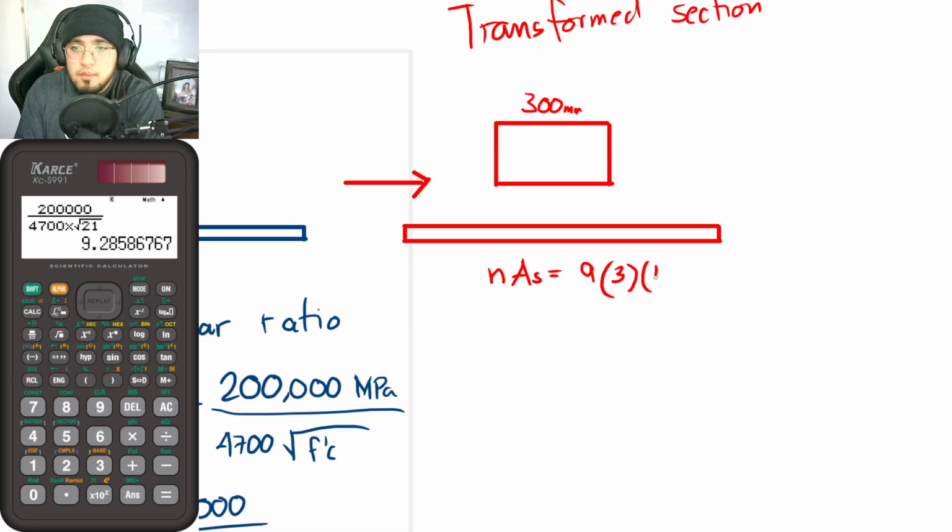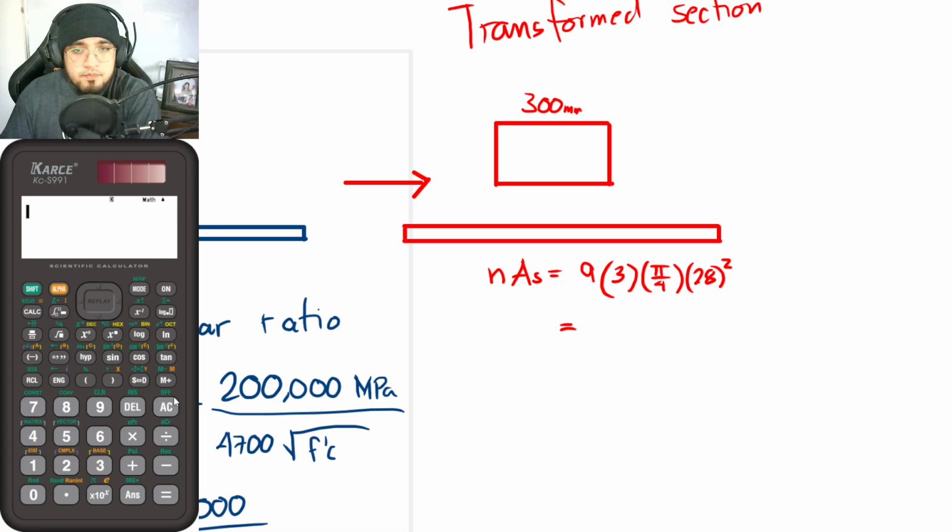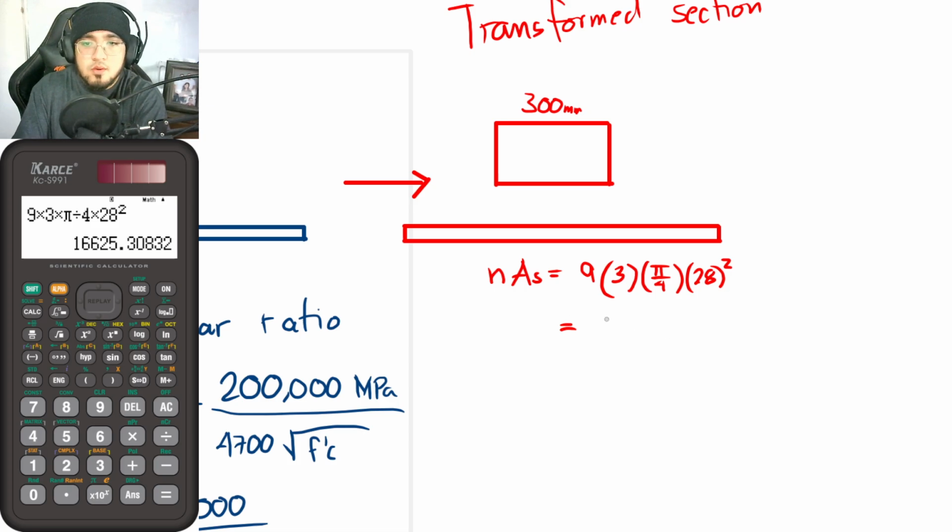The area of 1 rebar is pi over 4 times diameter squared, so that is 28 mm squared, times 3. From that, looking at the calculator once again, this is equal to 9 times 3 times pi over 4 times 28 squared, so this is now equal to 16625.308